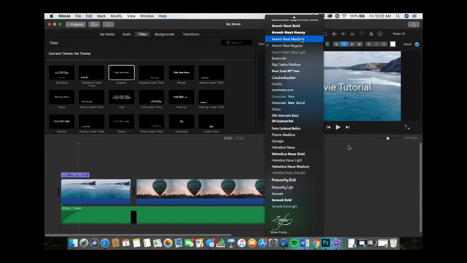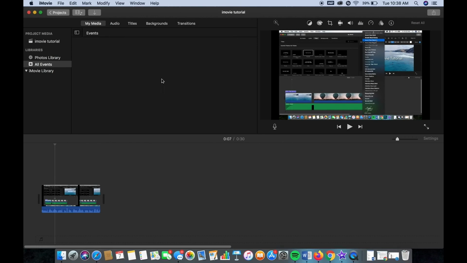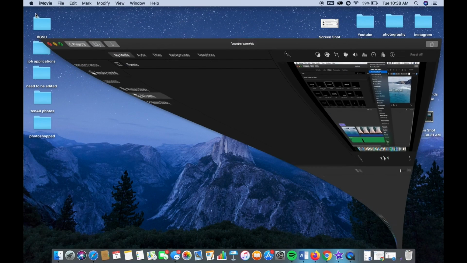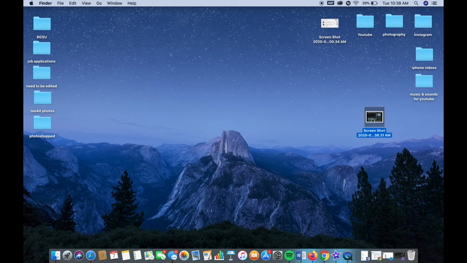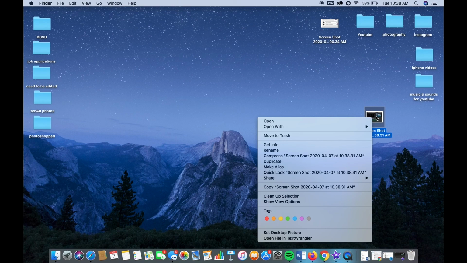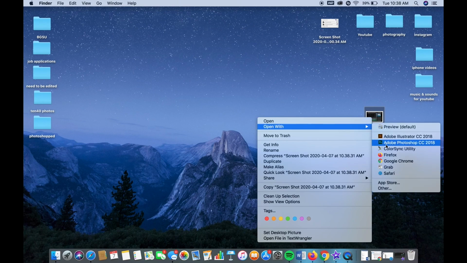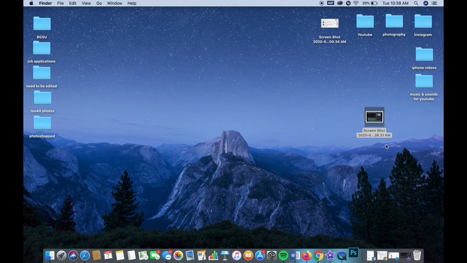Anyways, if you're trying to screenshot the video, you're going to want to click Command-Shift-4 or Command-Shift-3, which screenshots the whole screen. And it's going to screenshot it. And you're going to exit out of this, and this screenshot's going to open. And what I usually do is I double click, open with, and then go to open Adobe